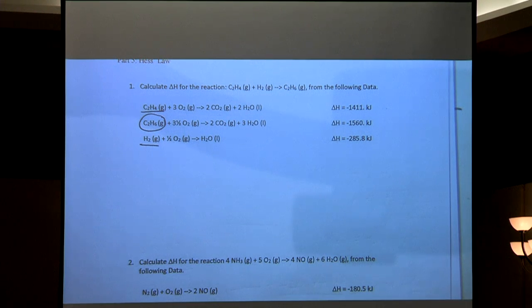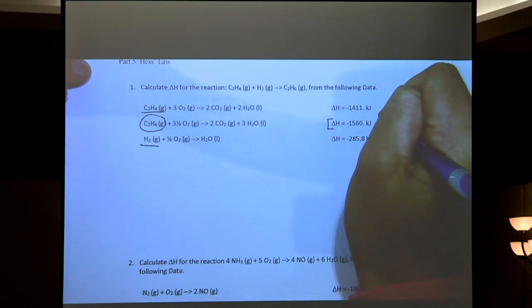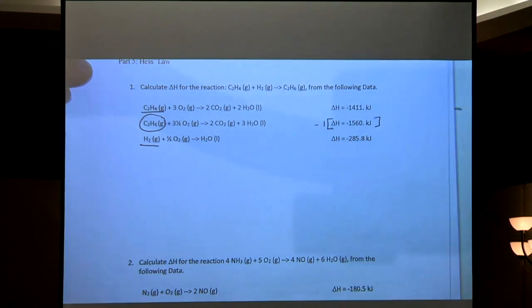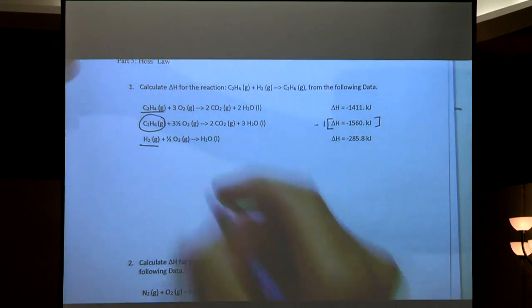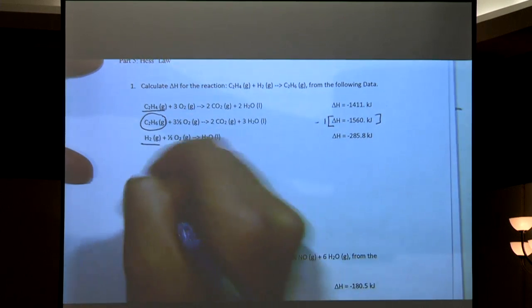Awesome. So what I'm going to go ahead and do is flip the reaction. So in order to flip the reaction, what do I have to do? Awesome. I have to flip this sign. So I'm going to multiply this by -1. Okay? So that's going to give me my new reaction of